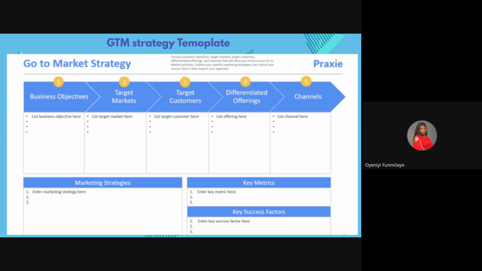Then for key metrics, it's more like, if you said you want to get 1,000 downloads in 3 months, right? So you'll be tracking it every month. It's not like you want to get 1,000 in 1 month. Since I say 3 months, let's say 1,000 divided by 3, let's say 900, for instance. Of course, you want to make sure that in the first month you're getting 300 downloads. If you don't get 300 downloads in the first month, that's fine.